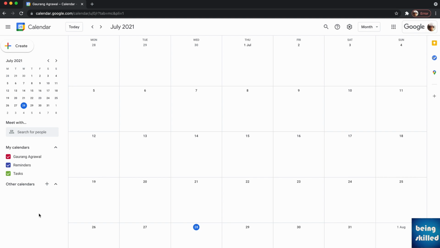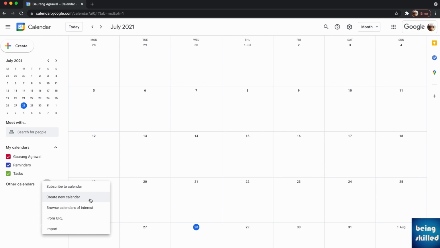You want to create a calendar which can be shared by multiple people. Now, if you are creating that in the Google Workspace or using the Google Calendar, then here are the steps which you can follow. So, first of all, just click on the plus button, which is there next to other calendars. And here you will see different options.